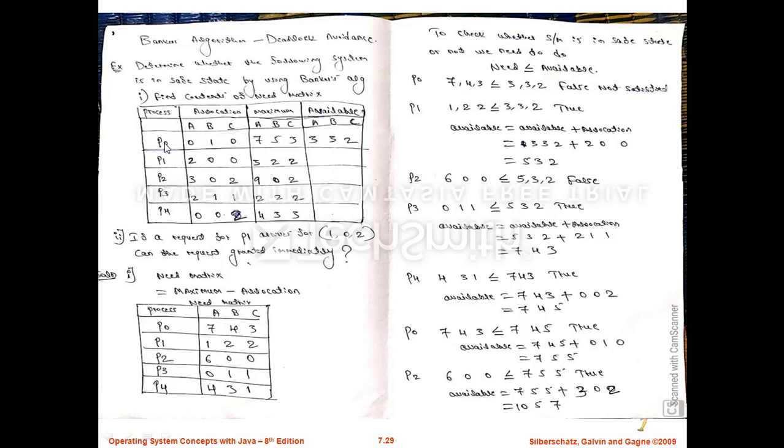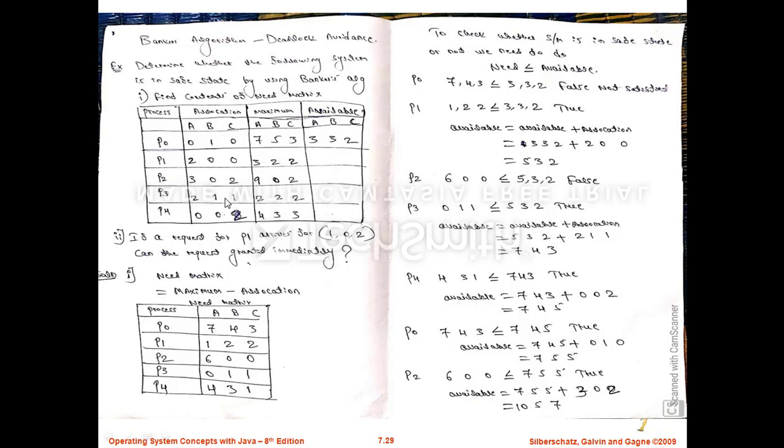It has 5 processes: P0, P1, P2, P3, P4, and allocation. As I already said, the initial allotment: when the process P0 comes to the system, it requires 3 types of resources, that is A type, B type and C type resource, but the system has allocated only 1 copy of B type resource. A type 0 copies are allocated, C type 0 copies are allocated. Then P1 is allocated 2 copies of A resource and 0 copies of B and 0 copies of C. Like this, all processes have got some initial allotment. This is the allocation matrix.